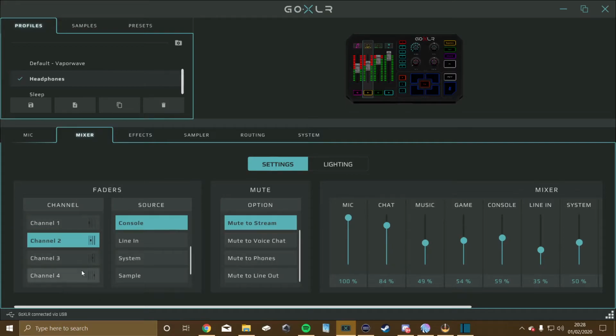What you are going to be using those faders for, I would recommend you to use these faders for the most used things. For example, I have it for my music. I know where my music volume is going to be. And I have the console, which is when I'm streaming from my Xbox, which by the way, I stream on